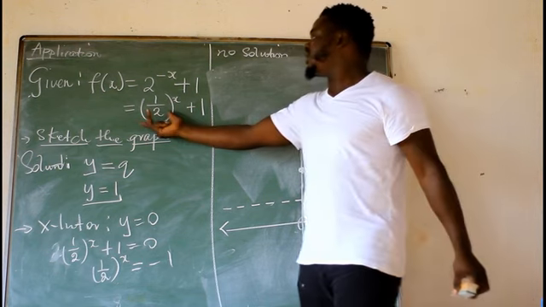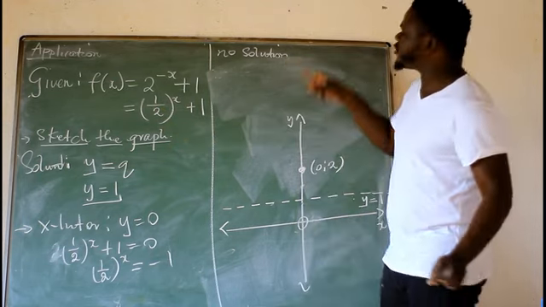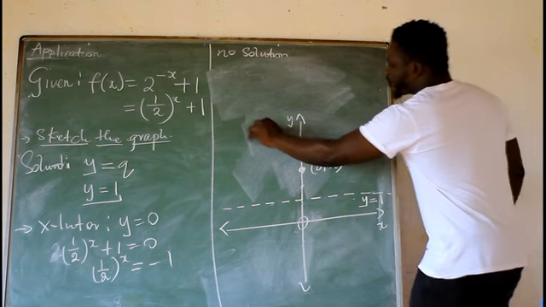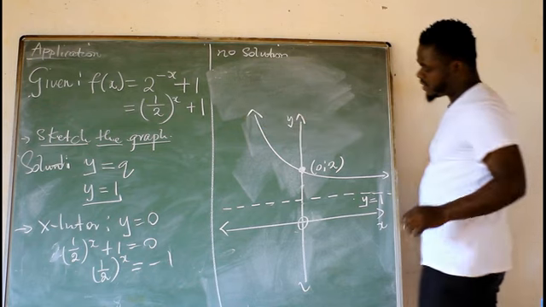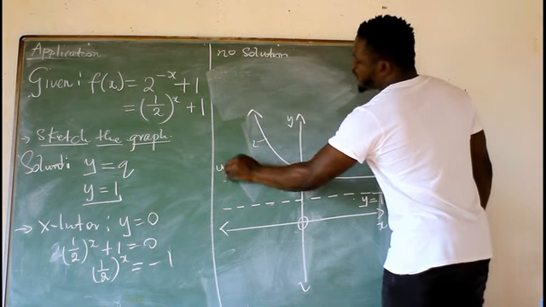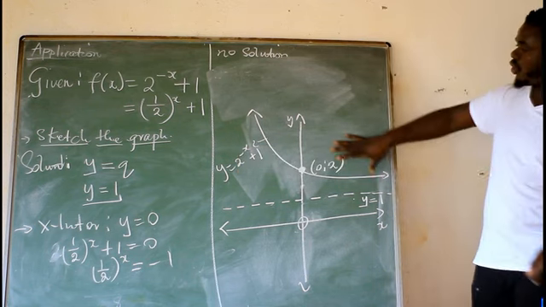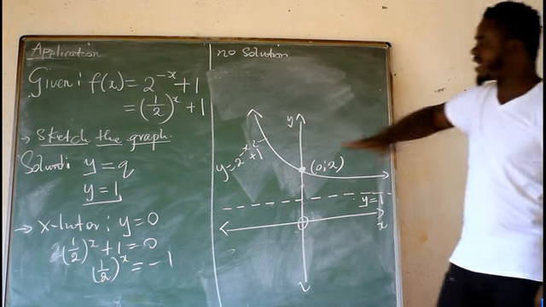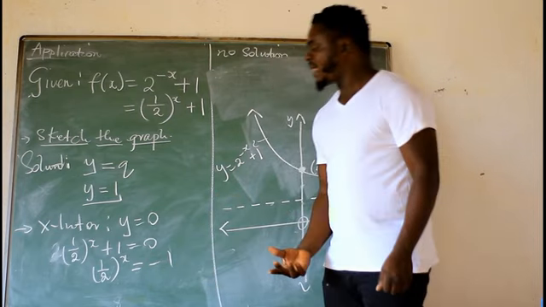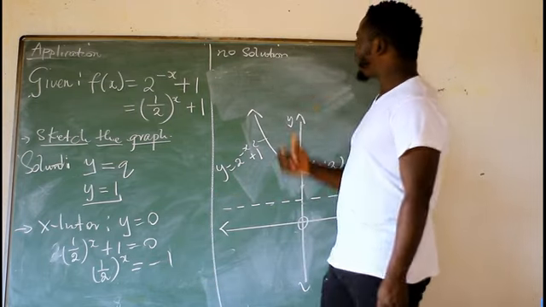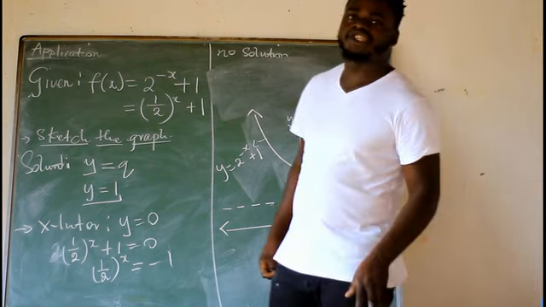Now, if you check the shape of that graph, this type of graph is the reflection with respect to the y-axis, so it is going to be like this. That graph is called y equal to 2 to the negative x plus 1. That is how you need to draw the exponential graph. You need to be careful about the asymptote and the x- and y-intercepts. If there is no solution for the x-intercept, guys, don't force it to have a solution. This is how you sketch the exponential graph.